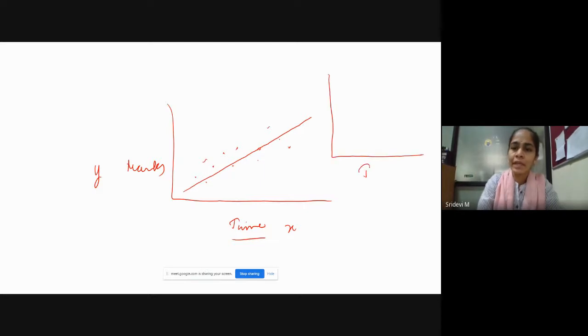Now you take again the time spent in the canteen and marks obtained by him. Now here, say the data points are placed like this. Now you can observe a negative correlation here. This is called negative correlation. As the time spent in the canteen or as the time spent in watching TV increases, the marks obtained decrease, right? So when one parameter is increasing and the other parameter is correspondingly decreasing, then we call it negative correlation.